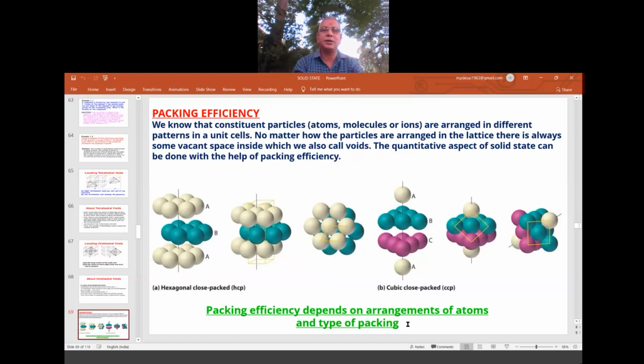So it is easy to calculate how much packing is there using some formula, avoiding the gaps. So what is packing fraction? Packing fraction is out of the total space available. Now, for example, you take one box, one bucket. In that bucket, you put some 20 balls, small balls. Okay. So first you calculate the volume of the bucket. That is the space available.